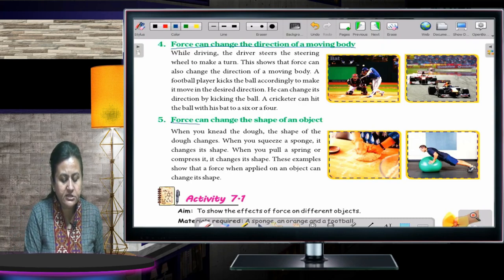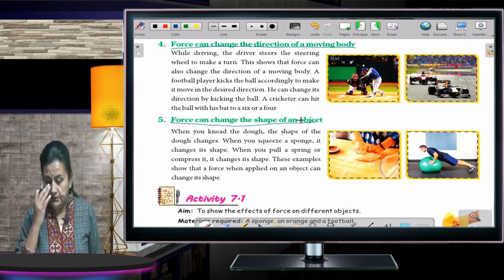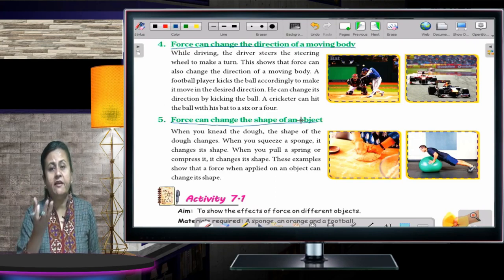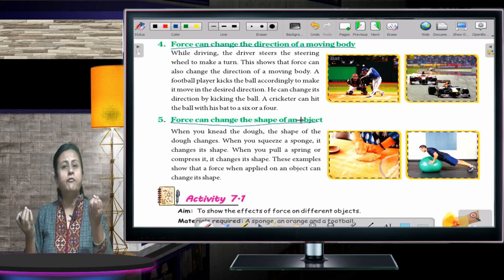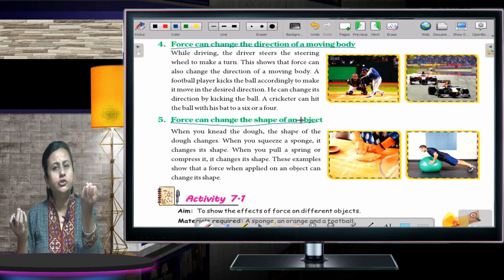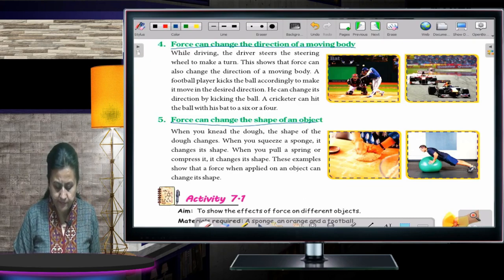Then force can change the shape of an object. You take some sponge, okay, you take some dirt, okay, you take some sort of soft thing. What will happen if you are going to apply force on it? It will change its shape. Fine. Now coming to the next one,